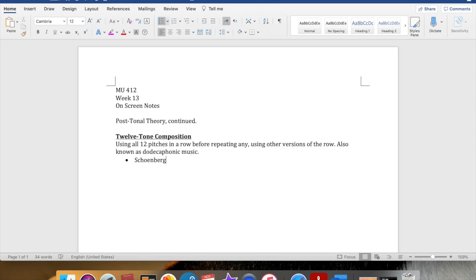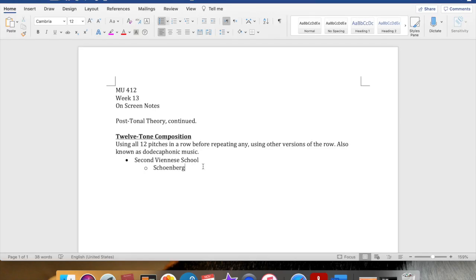So we think of Schoenberg as being the kind of ringleader of the Second Viennese School. So he's kind of the first one. When I say Second Viennese School, that suggests that there is a First Viennese School. And the First Viennese School would be Haydn, Mozart. So he thinks of himself as continuing this tradition. And also these composers lived in Vienna for a while. So that's part of why we call them this.